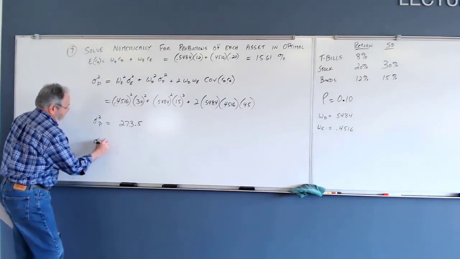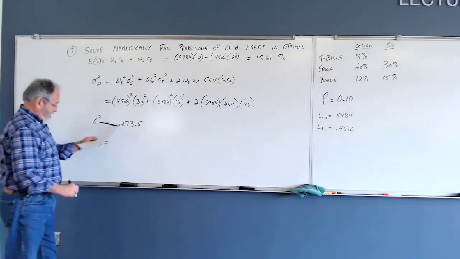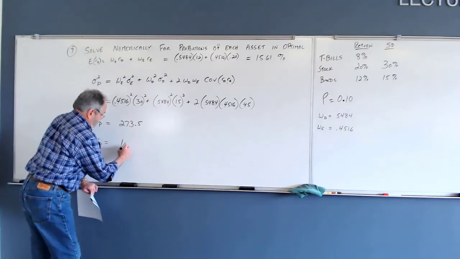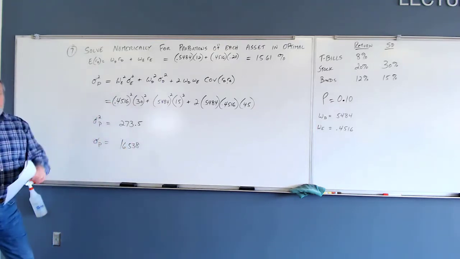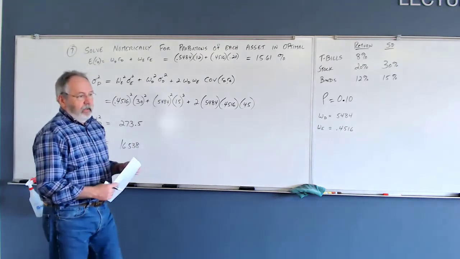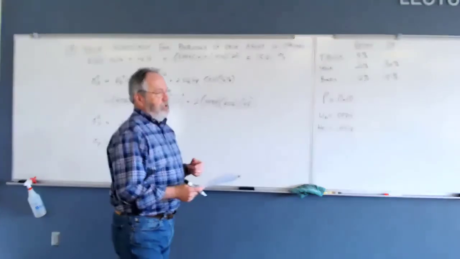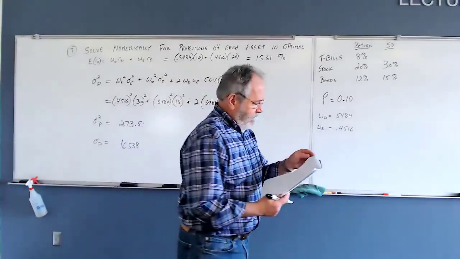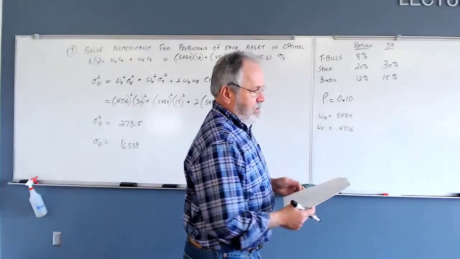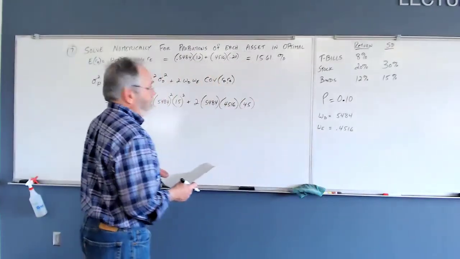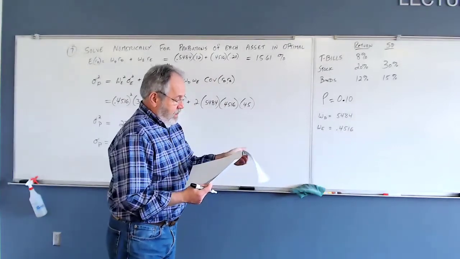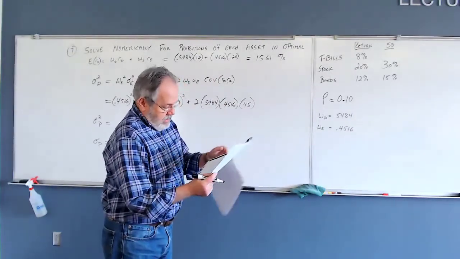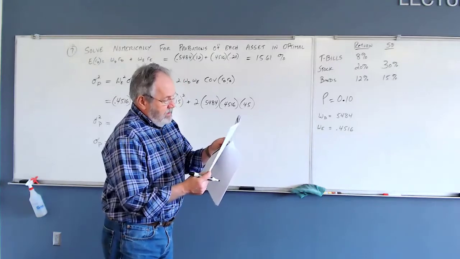Sigma portfolio, the standard deviation, 16.538%. Okay, so that's number 7, I think. Number 7 in the Chapter 7 problems. And then what? Number 8